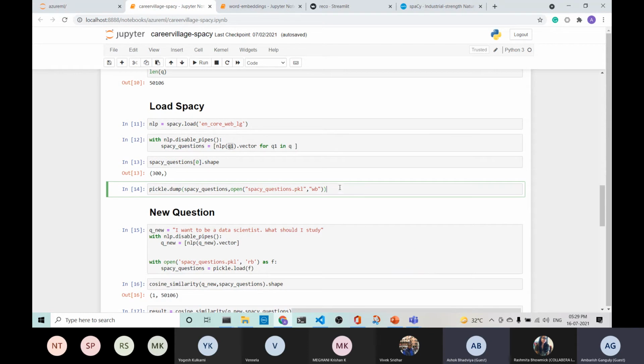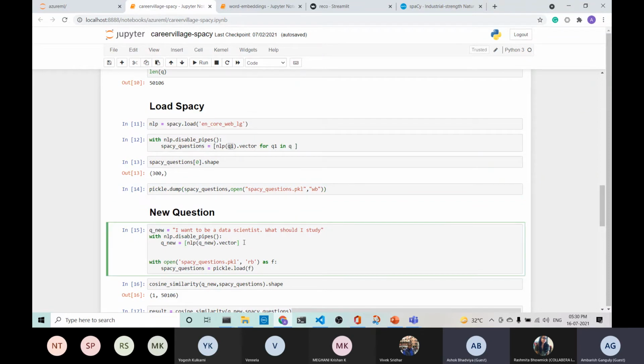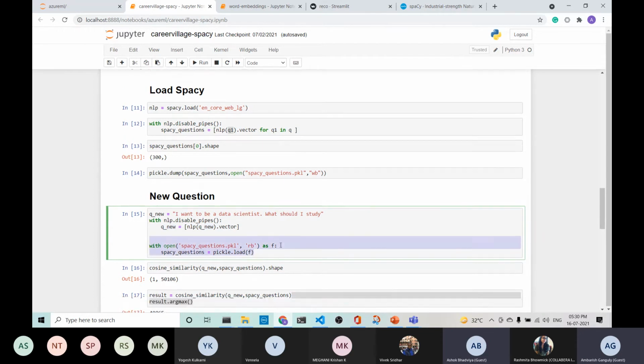It's not really necessary to pickle it if I'm doing it in the same application. But if I'm using it in a different application, like I used in my Streamlit application, I have pickled it. And now when a new question comes up, I do the same thing again: use spaCy again to get a new vector. I load my original vectors,